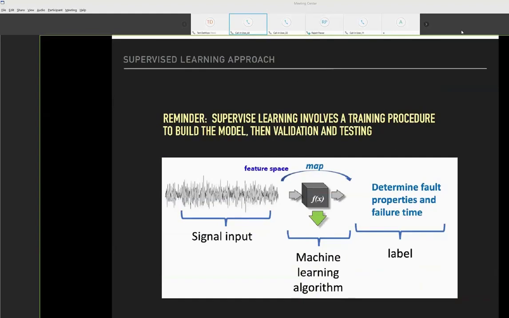These are statistical features taken out of the signal, and we try to map those features to the fault properties in this case. And that mapping is the machine learning model. That model is built automatically. We pick a certain technique, maybe neural networks, it may be decision trees, whatever, and the model is built. We test that, and then we apply that. So we're going to go ahead and do that over the next portion of the talk.